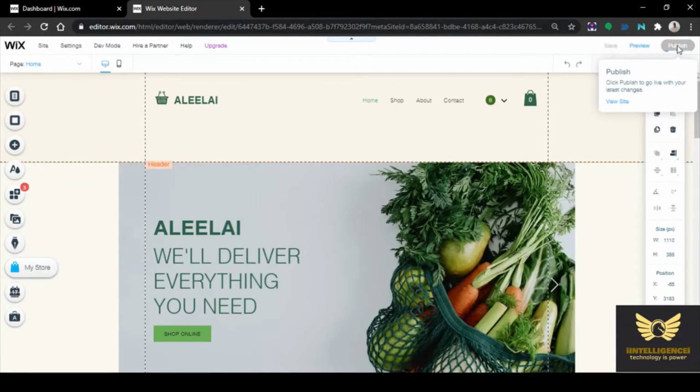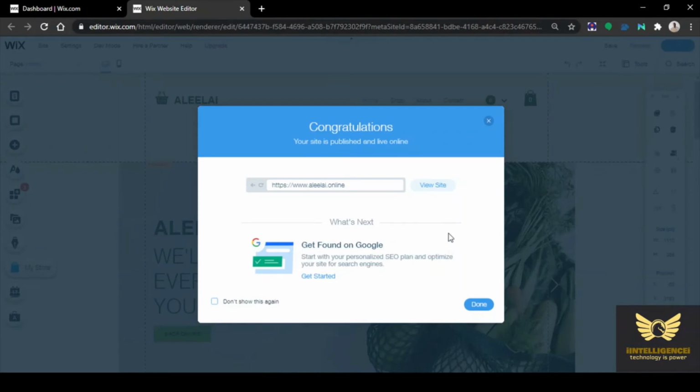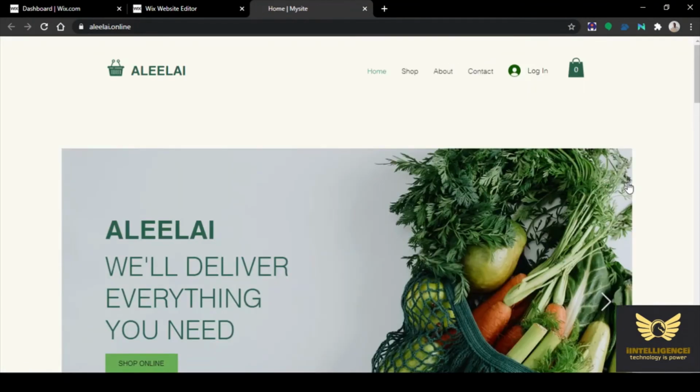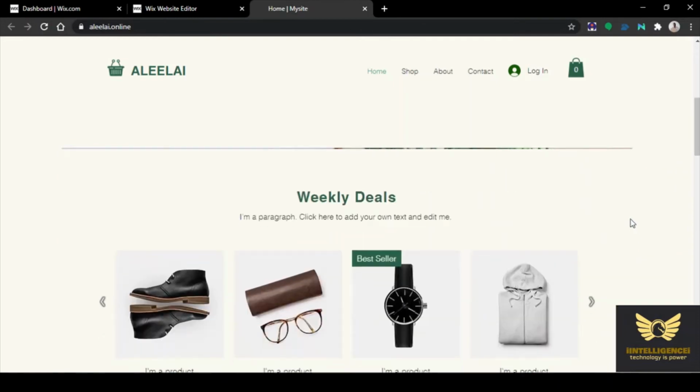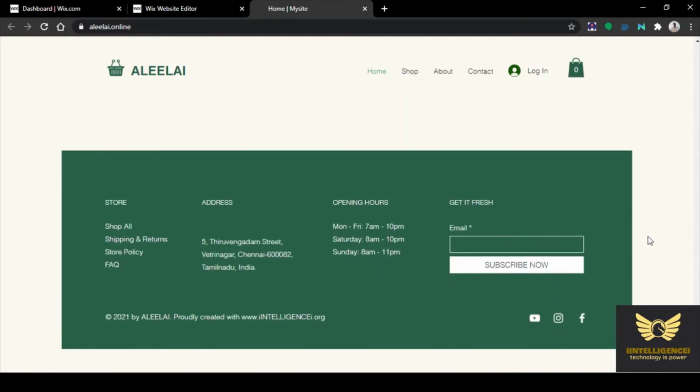Then click publish. See, once you make any changes, it is a must that you click publish and click view site. Yes, this is the site. So whenever you modify anything, you have to click publish.